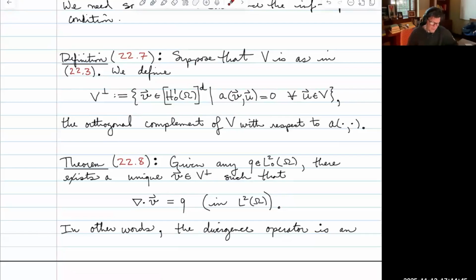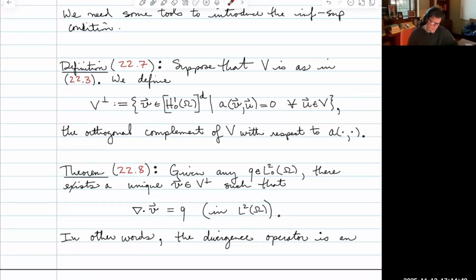All right, to understand the inf-sup condition, we need to define a little bit more machinery. So we have that space V. We're now going to define a space called V perp. So this is what is usually called the orthogonal complement of V with respect to the bilinear form A. By the way, we now know that A is actually an inner product. Here's the definition of the orthogonal complement. And by the way, it always goes this way. So it's the set of all functions v in H01D. Again, vector functions, each of whose components is in H01, such that